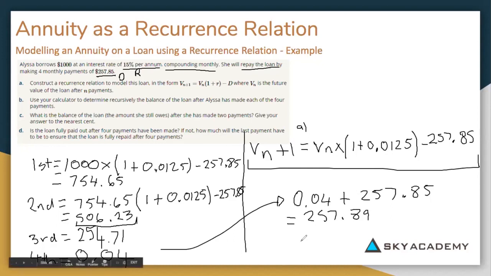So that's how you do a recurrence relation model, answering questions just like this as they have put them out in words. And if we have a look at the next